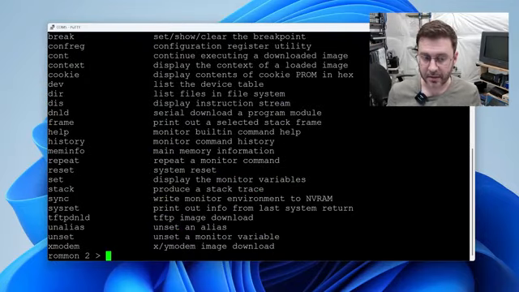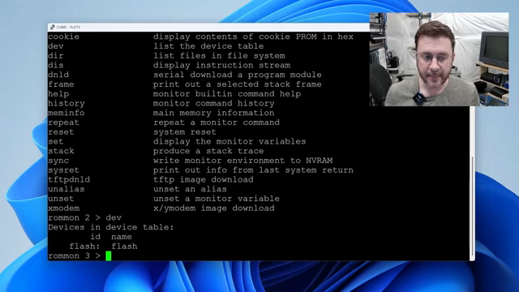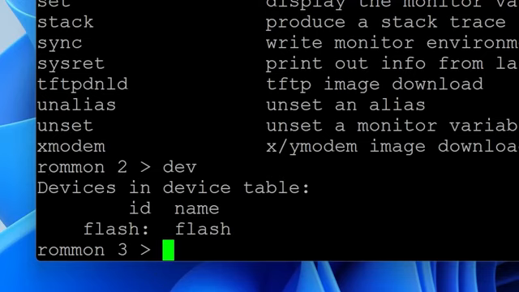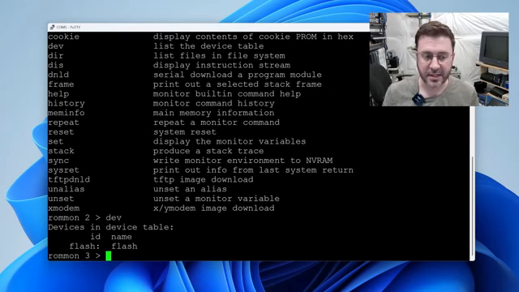The first thing I do if I'm troubleshooting an issue trying to boot into the operating system is you can do dev. This will show you all the devices that can store data or files on the machine. And you can see here we've got one device, the internal flash. It's called flash: and then you can look inside there. So we can say dir flash: